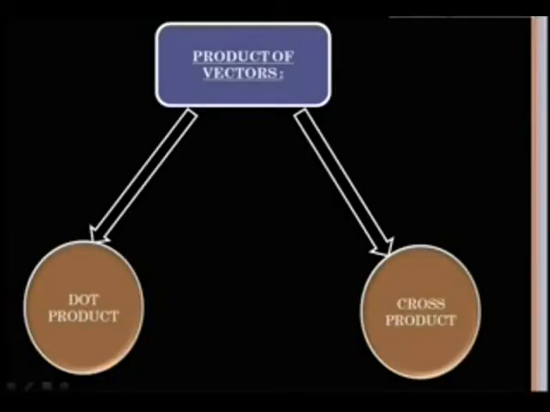This entire lecture revolves around the discussion of product of vectors, or the multiplication of vectors. So basically there are two types of product of vectors. The first is the dot product and the second is the cross product. Dot product is also known as scalar product and cross product is also known as the vector product. Why is this known as a scalar product? Because the dot product of two vectors results in a scalar quantity. And why is this known as vector product? Because the cross product of two vectors is a vector. Thus there are two types of product of vectors. First is the dot product, also known as the scalar product, and the second is the cross product, known as the vector product.